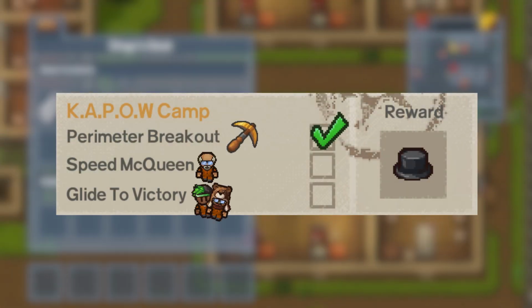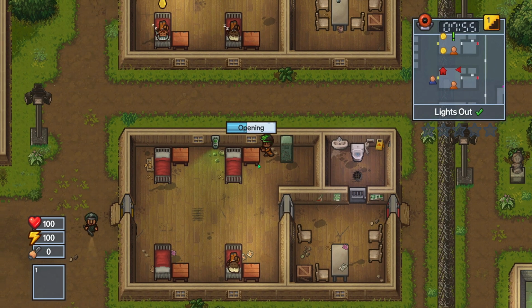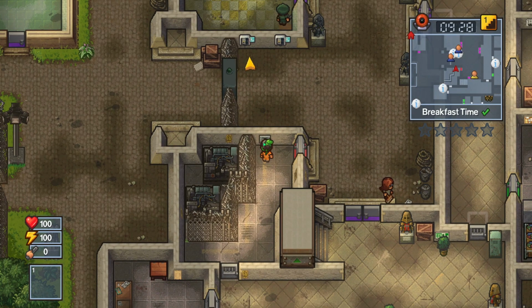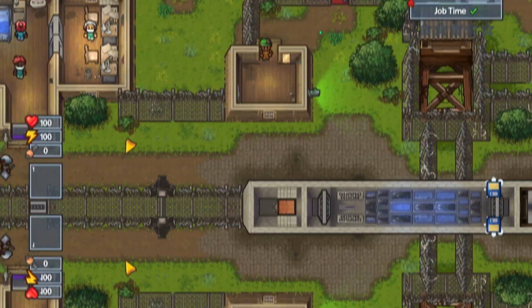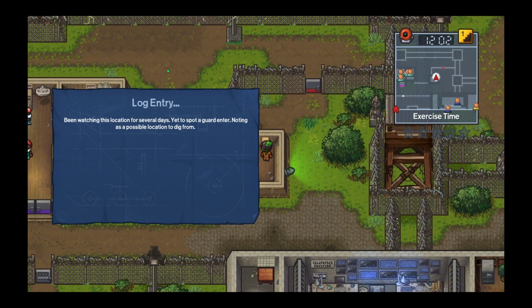For this prison, I'll be doing the perimeter breakout once again. I would begin exploring and find this prison has the easiest to access generator ever. Bro, what the fuck? That's so easy. Why would you even allow that? The game would also tell me to dig to escape once again, even though it knows I can't do that